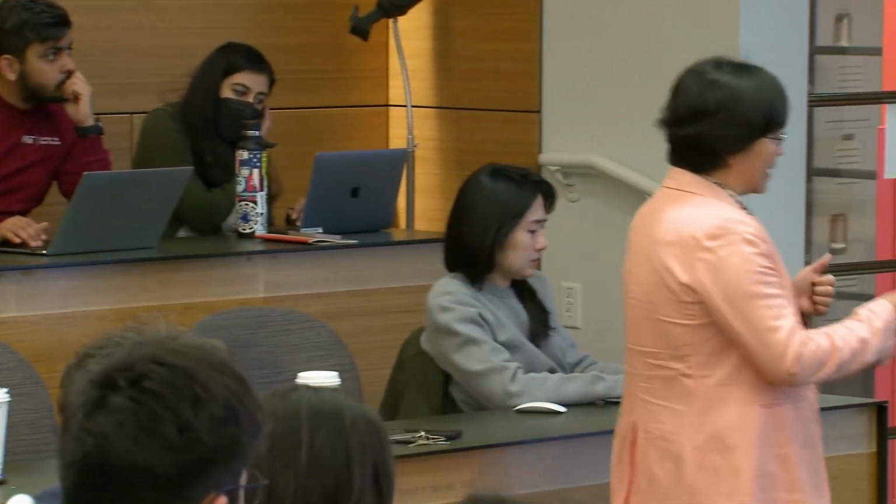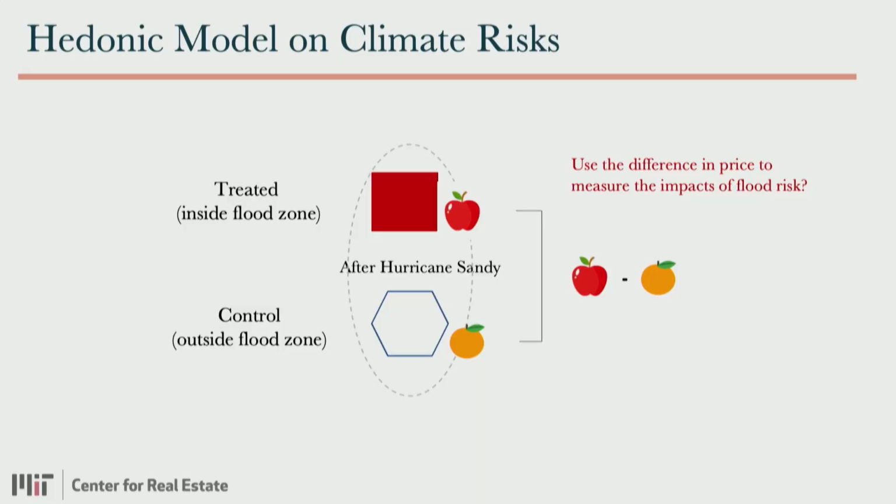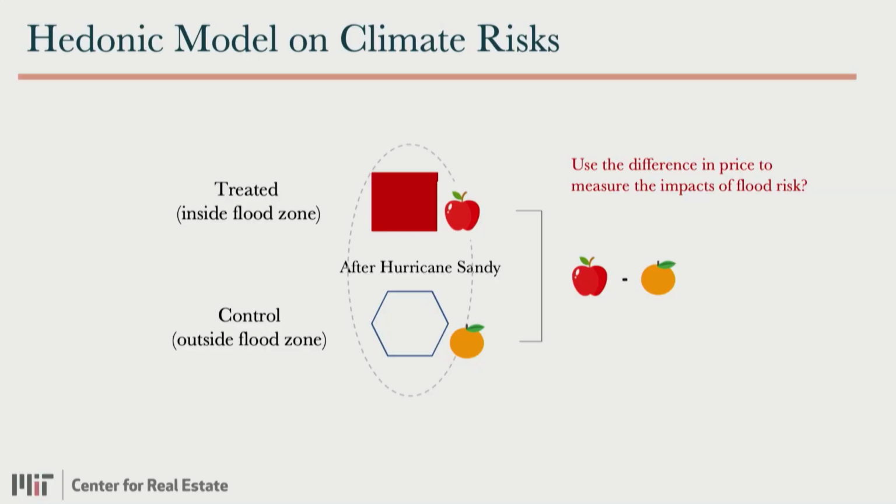Is there any problem with this? Rahid? They are not similar. It's not apples to apples. Good. Now we understand this is not apples to apples. Today I don't have real apples and oranges. I didn't have time to go to Trader Joe's yesterday, but next time I will bring more. Just now, Rahid already said we cannot just compare, oh, this got hit, then calculate the price gap. That's too naive. It's an apples to oranges comparison.